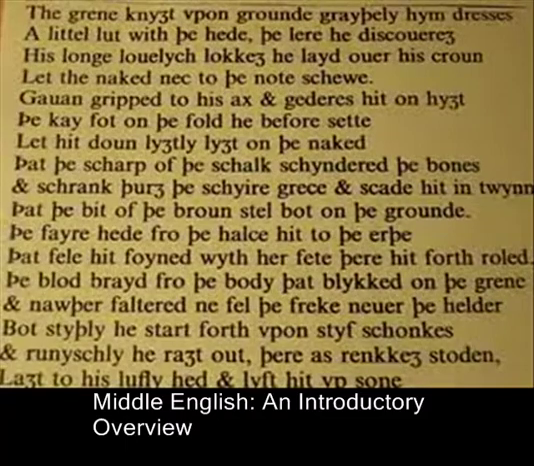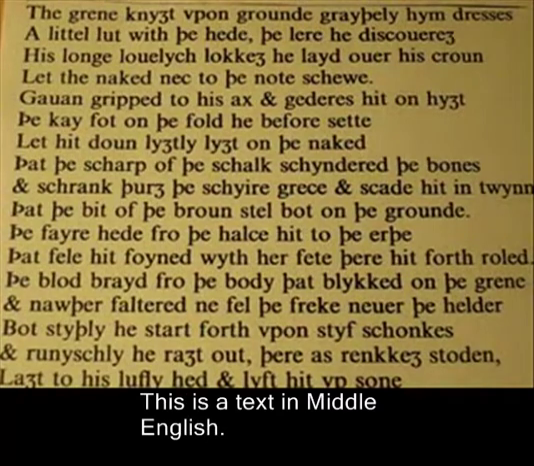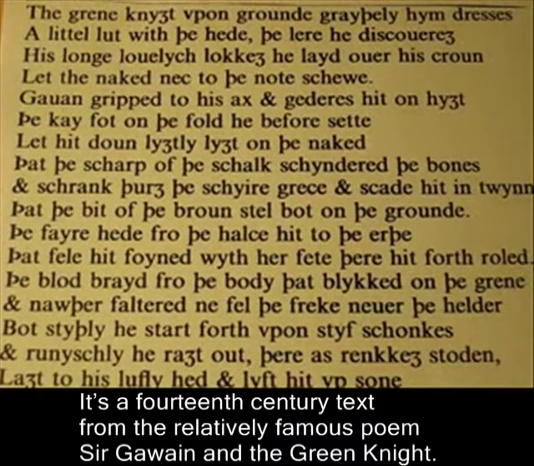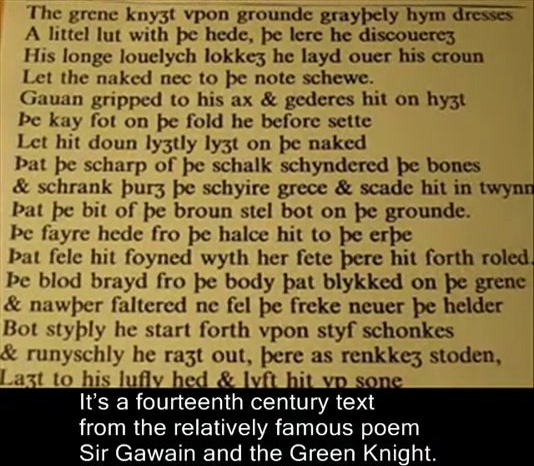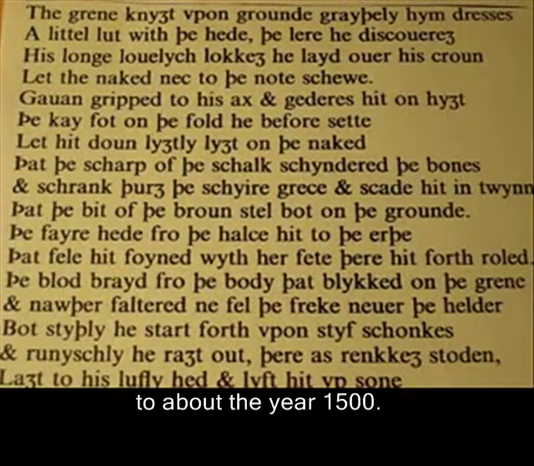Middle English, an introductory overview. This is a text in Middle English. It's a 14th century text from a relatively famous poem, Sir Gawain and the Green Knight. And Middle English in general is the state of the language from about the year 1100 to about the year